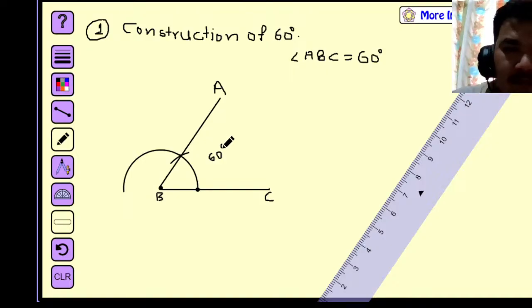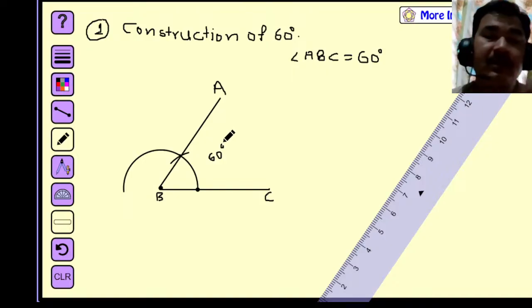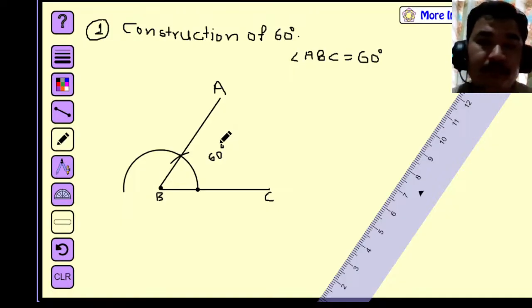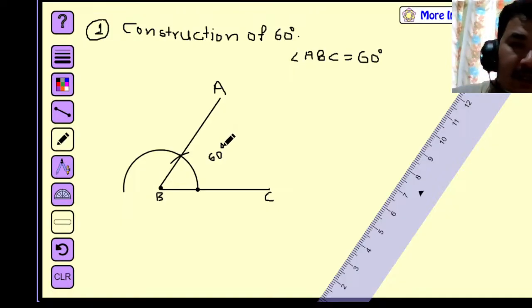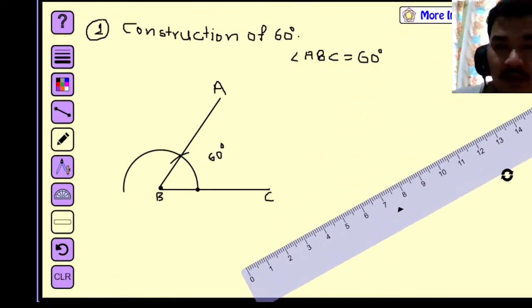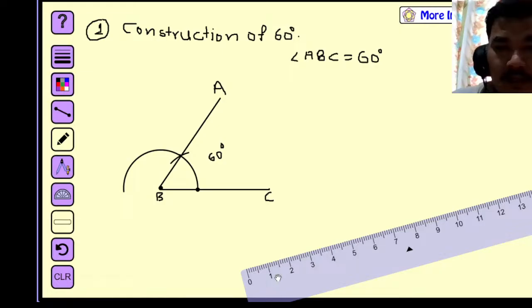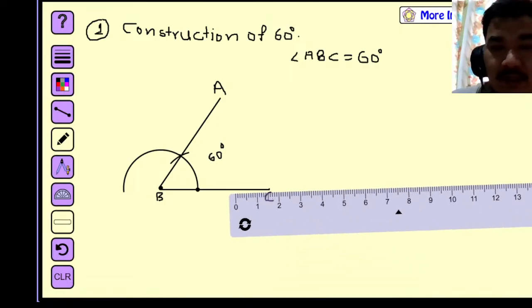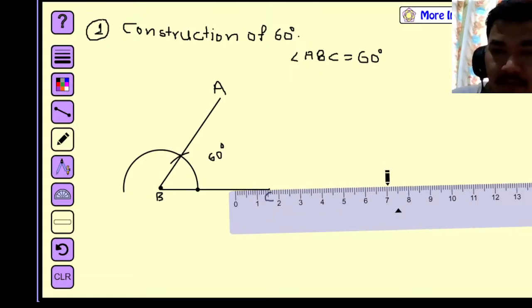This is the way to construct the angle 60 degree at the point of the line segment which is on the left side. Now look at children, if the vertex is given on the right side, suppose here it is given like this, if the angle is given like this,